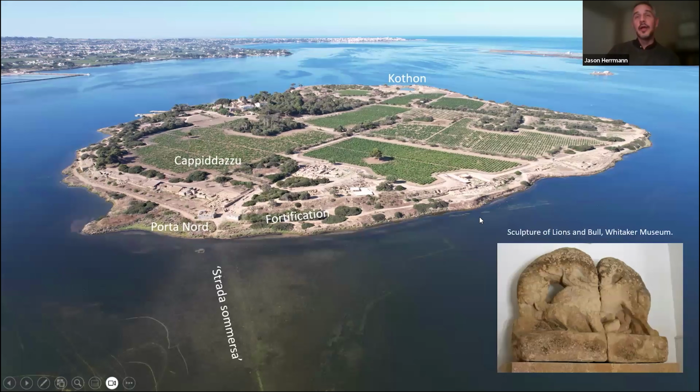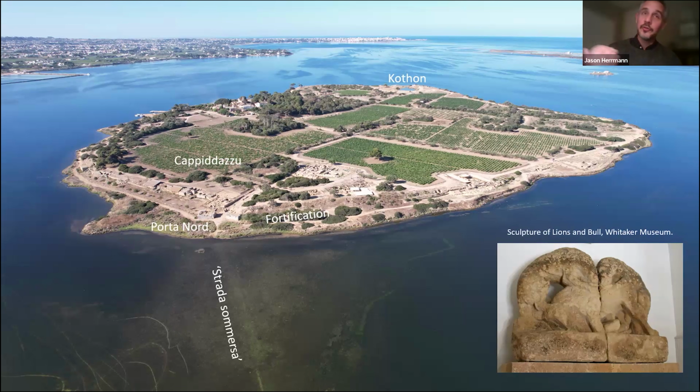If I can advance the slide. So if you were to approach ancient Motya, located in Western Sicily, in the 5th century BC, you would take a road, now called the submerged road, Strada Submersa, built to span the 1.75 kilometer stretch between the Sicilian mainland and what is now called Isla San Pantaleo. This island sits in a protected bay,